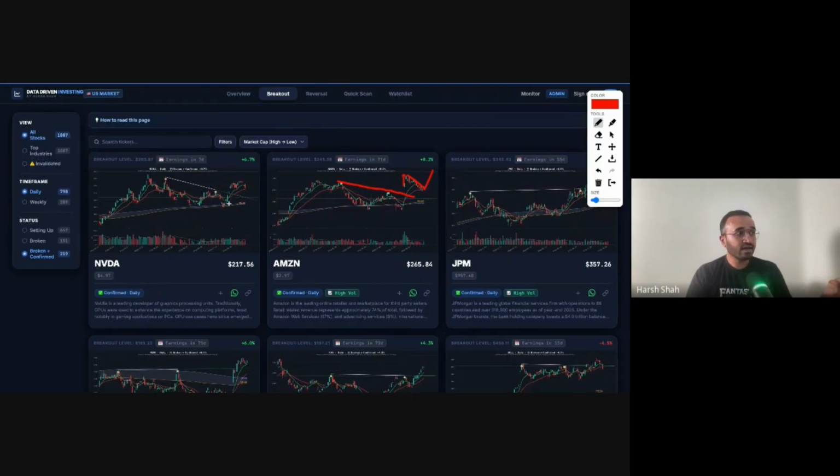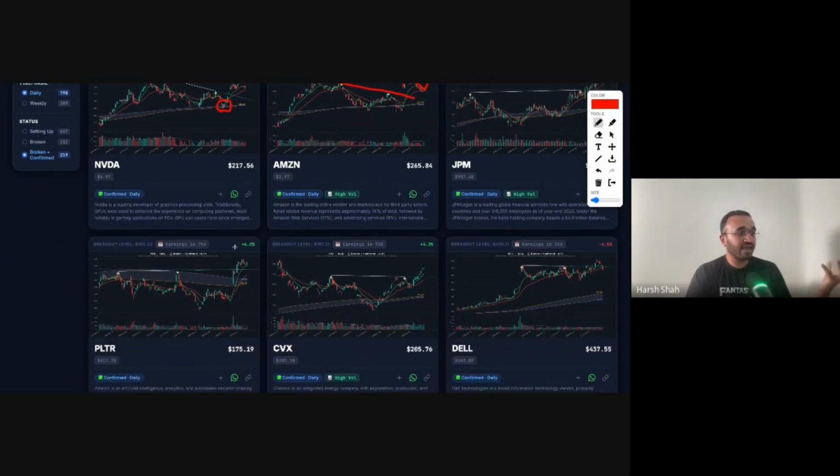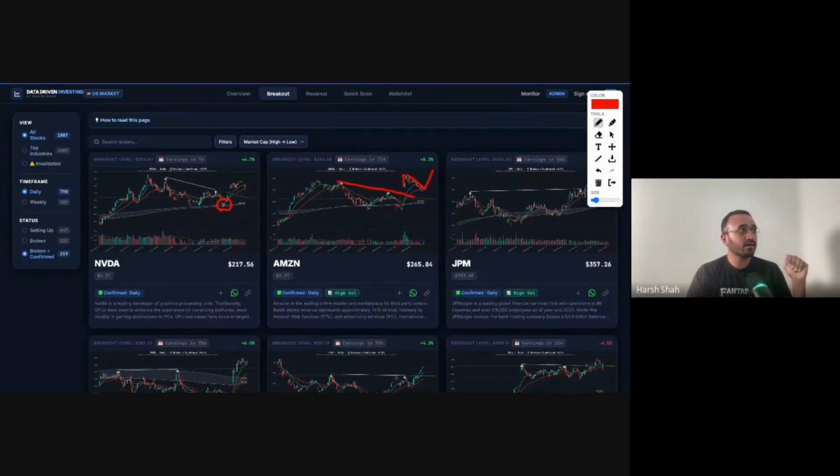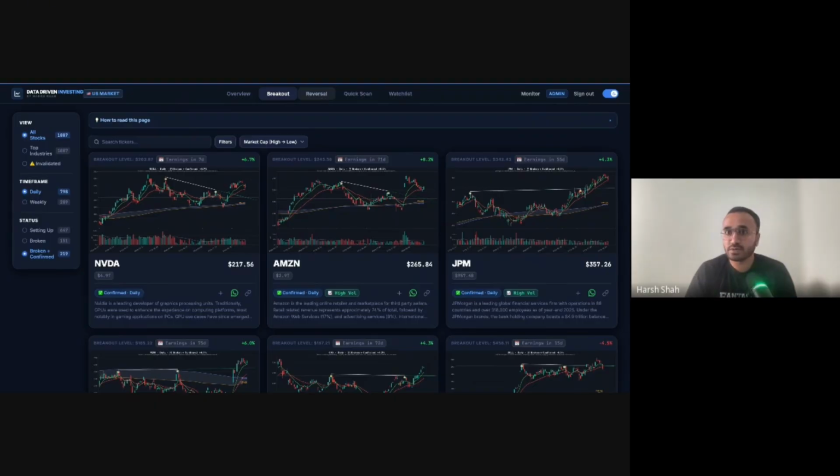If you look at NVIDIA, it bounced right from this zone, which is the 200 EMA. This setup would have come to me in the reversal part as well. I'll come to it. But right now it broke from this line and it just kept going higher. So the goal of this scanner, I think you'll have a clear idea on what I'm trying to do here, is not to get to the bottom, but to see if the setup that I want is forming in that particular stock. So I'll take a pause for now before moving to the second part of the scanner, which is the reversal one. For any questions.